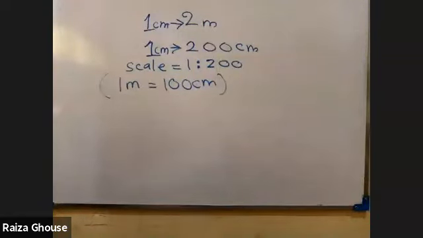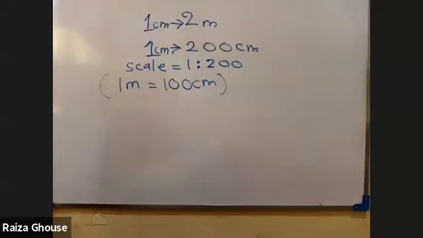diagram. When you are drawing true objects, for example, an insect like a fly, or a huge car, whatever car you think, if you are drawing that diagram in your exercise book, how do you do that? If you take a small object, you will have to draw a large diagram. A large object, you will have to draw a small diagram. So this concept is known as scale drawing.